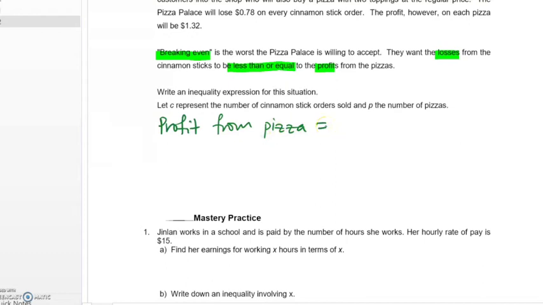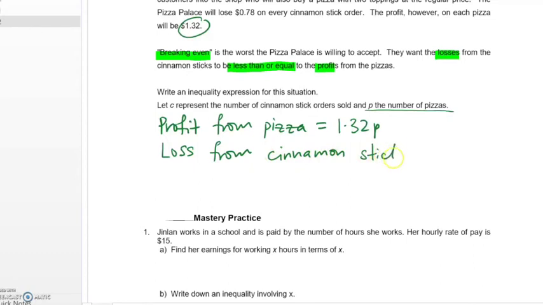And that's quite obvious. You have $1.32 for each pizza, and you have P of them, right? Because let P be the number of pizzas. So this should be 1.32P. In the same manner, you can find the loss from cinnamon sticks. Okay, and now the loss is 78 cents, and you are using C to represent the number of cinnamon sticks, so this should be